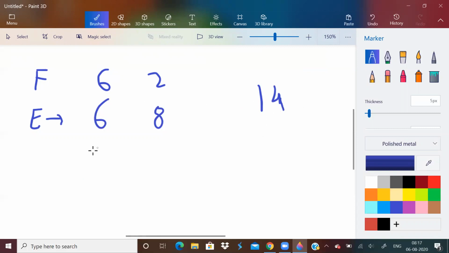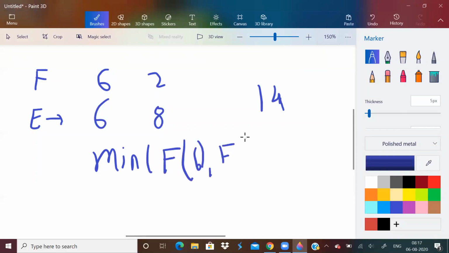The answer to that is the minimum of the frequency of 6 and the frequency of 8. These many pairs give the sum 14.